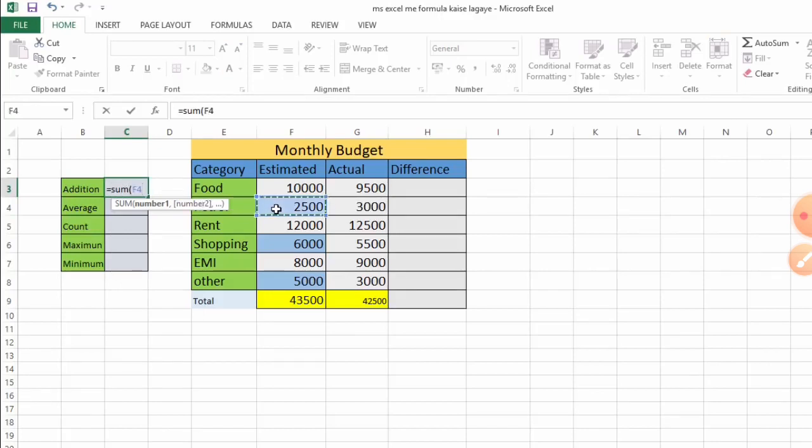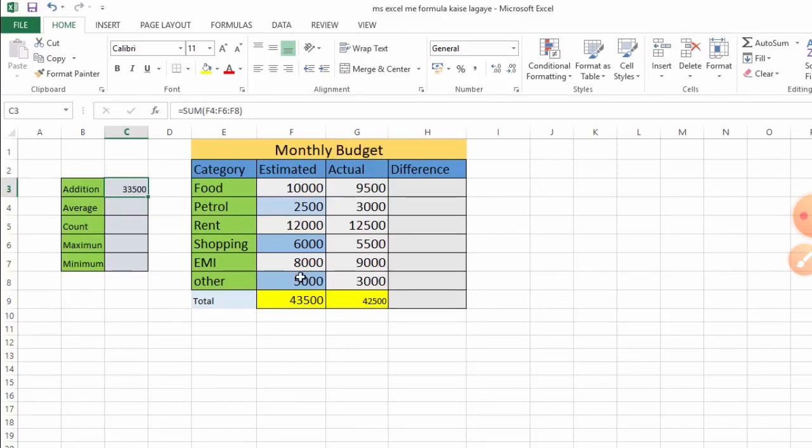Click on F4, then the colon sign, then shopping, which is highlighted in blue, then the colon sign, then F6, and then F8. Now close your bracket and press Enter. This way we can add our particular cells.